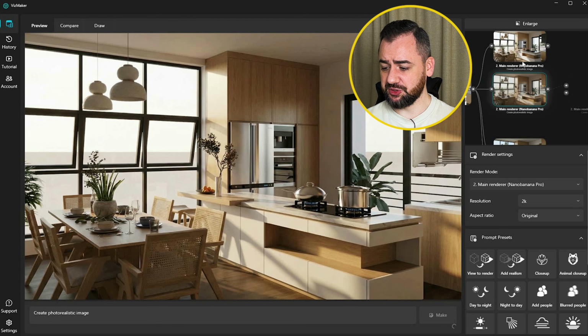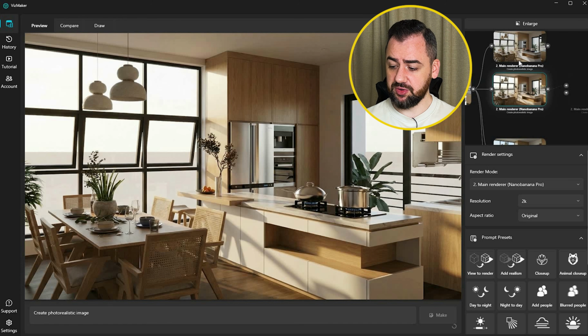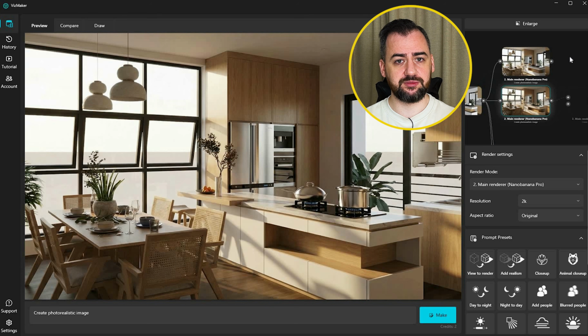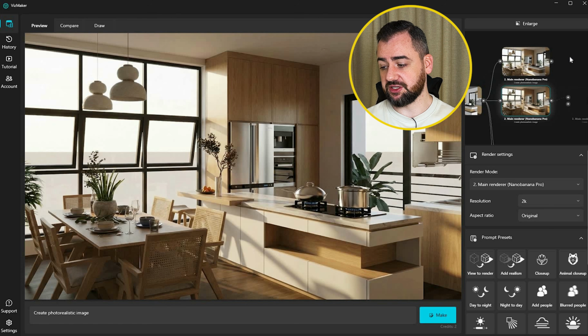So what's the difference between the 2 Nano Banana Pro images? Okay, slight difference in shadows and the equipment in the kitchen. So I think on this one I prefer the first image much more. The lighting feels warm and very natural for the indoor space, and the whole scene feels more polished but still grounded in the actual layout. The light transitions between the bright and shaded areas feel smooth, and the most important, the colors stay consistent